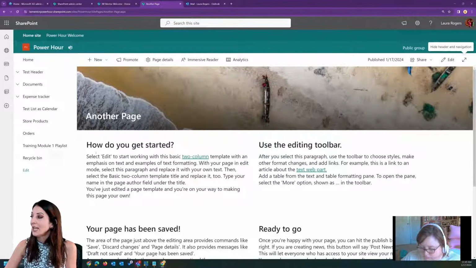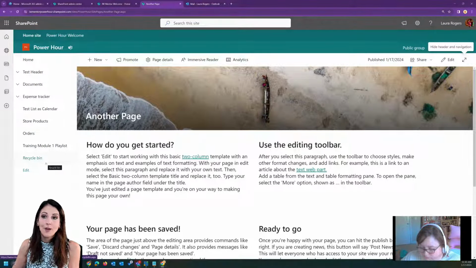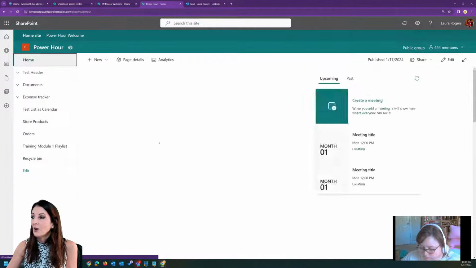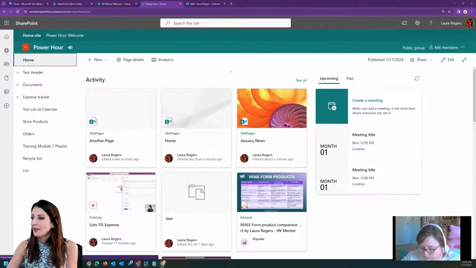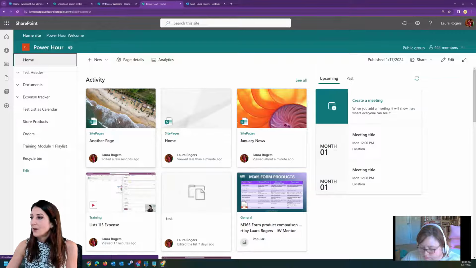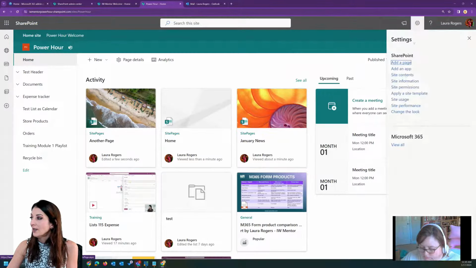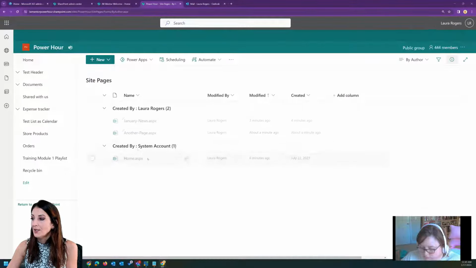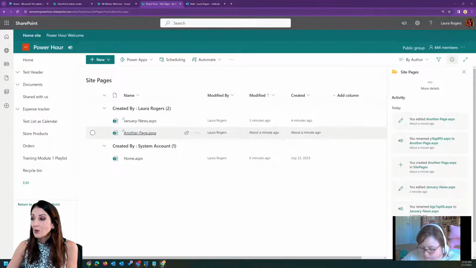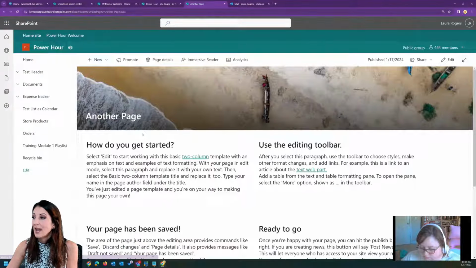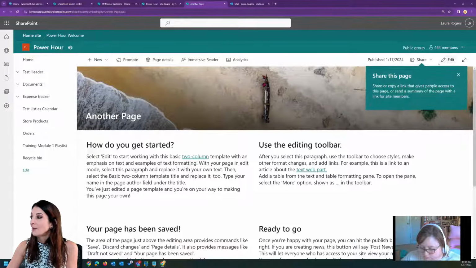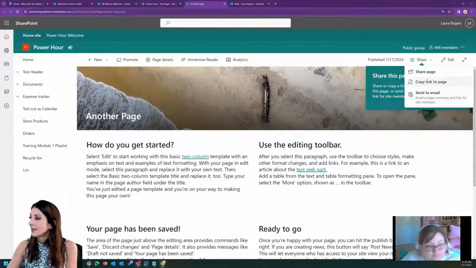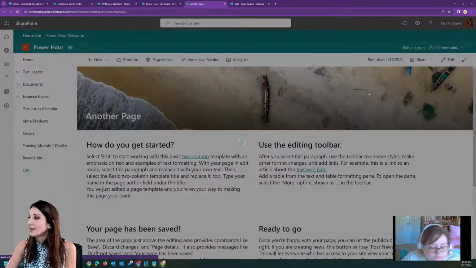But if I create a page and I forget and I don't click anything on that little dialog box that came up, and then I go home and I wonder, oh, wait a minute, I just created that page. Maybe I don't see it anywhere here. That's always where I can go find it, is just go into site contents, site pages, and then I can go to that page again, and then I can go ahead and add it, copy the link,